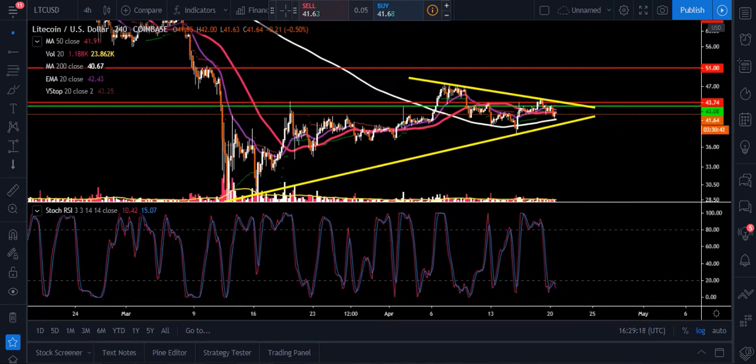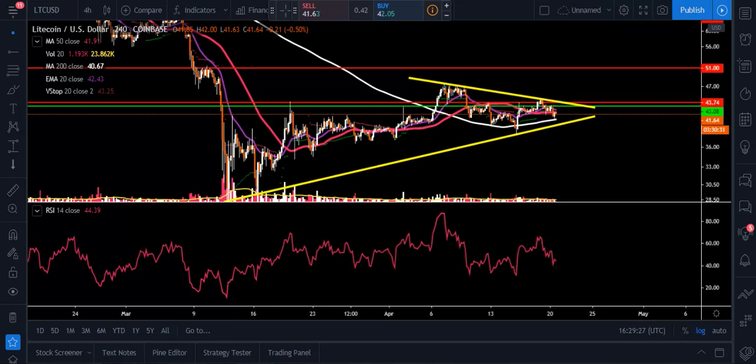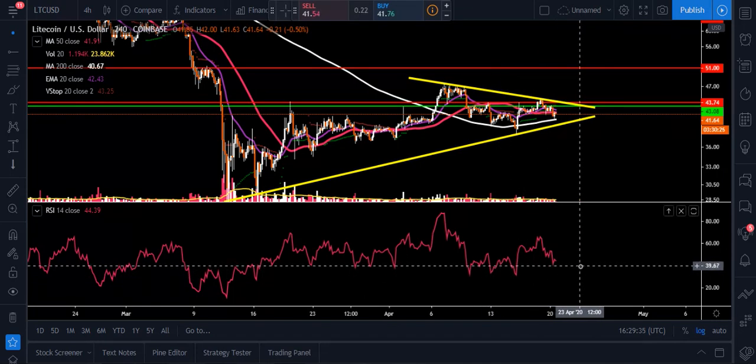Our stock is oversold. We're at 10 and 15 right now. We have not had a bullish cross to the upside yet. Relative strength, we're at 44. Guys, same deal. You can see the lower highs that have been coming in, and now we're getting these higher lows right here. If we can hold this area of 39 on the RSI,